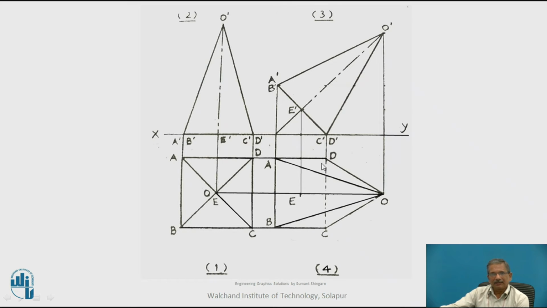also will be a dark line, and CD, as it is away from the observer, will be a dotted line. Now, as the lines which are expected to be dotted are peripheral lines, we will join all the lines as a dark line. So only CD, where the object is resting, will be a dotted line. Okay. Now what is the next step?